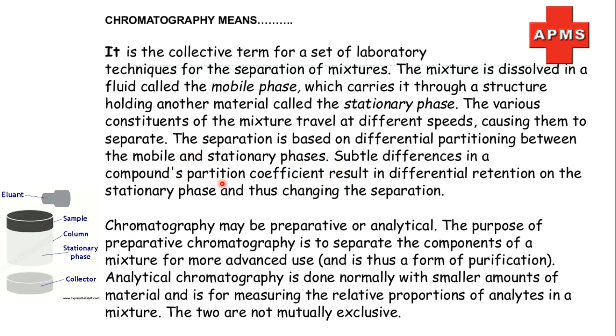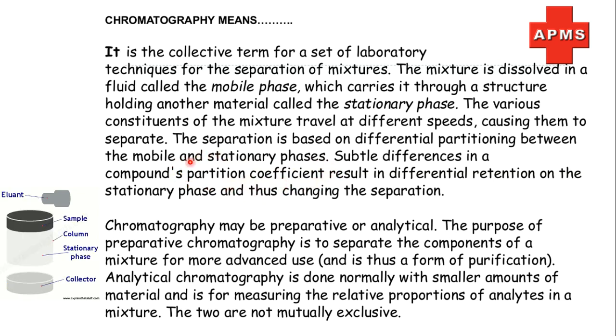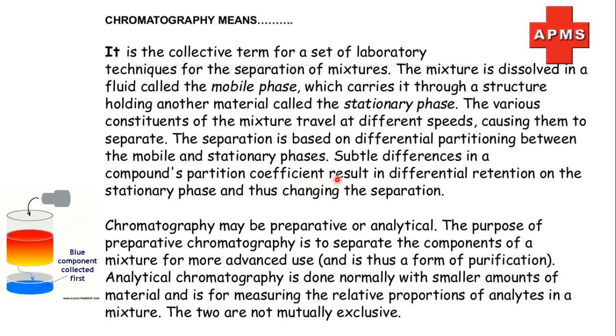See, the concentration of the component or sample in the stationary phase, divided by the concentration of the sample or component in the mobile phase, will be a constant for a component in that sample. That constant value for a component in that sample is called the partition coefficient. So here is just a new term that is given, the partition coefficient, which directly shows the distribution of various components in a column.